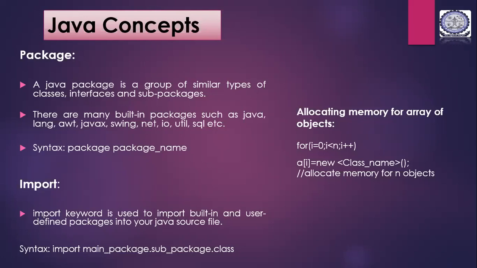When we import these packages, when we call these packages within our program, we write java.lang, java.awt, javax, java.swing, because java is a package inside which these packages exist. So we need to follow them. The next part is importing. The import keyword is used to acquire or import these particular packages into our program.